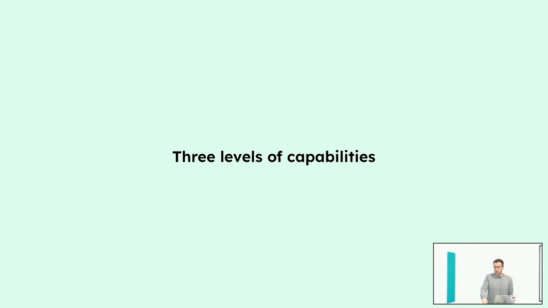There are three levels of capabilities in product architecture, and I want to go through these three before we get to the full picture of what product architecture is about. I already mentioned these three levels shortly, but it's important to get a deeper understanding. So there's a business level. That's the high-level business capabilities. And talking about business capabilities is not only talking about business goals, it's about the capabilities the business needs to stay alive in the market.